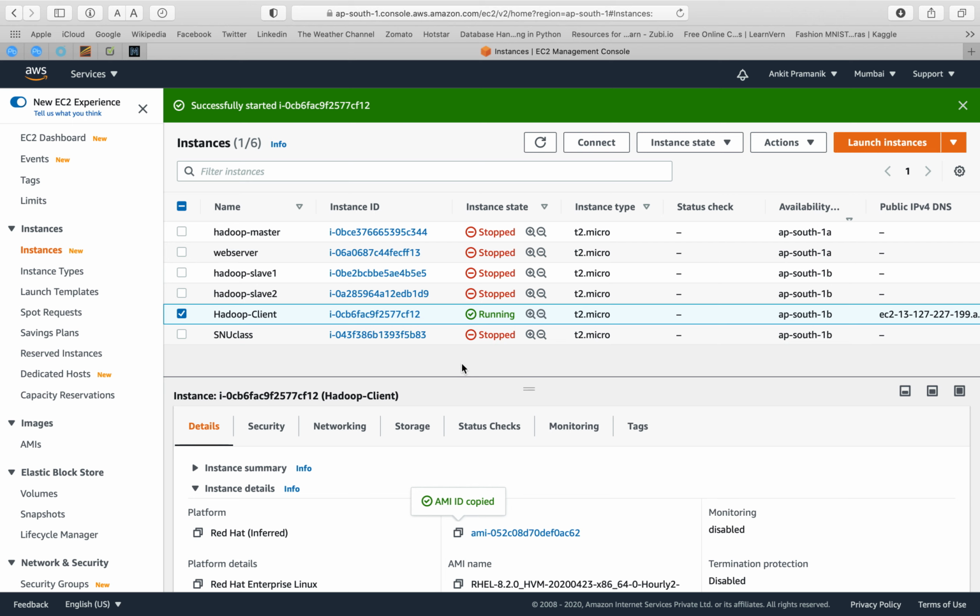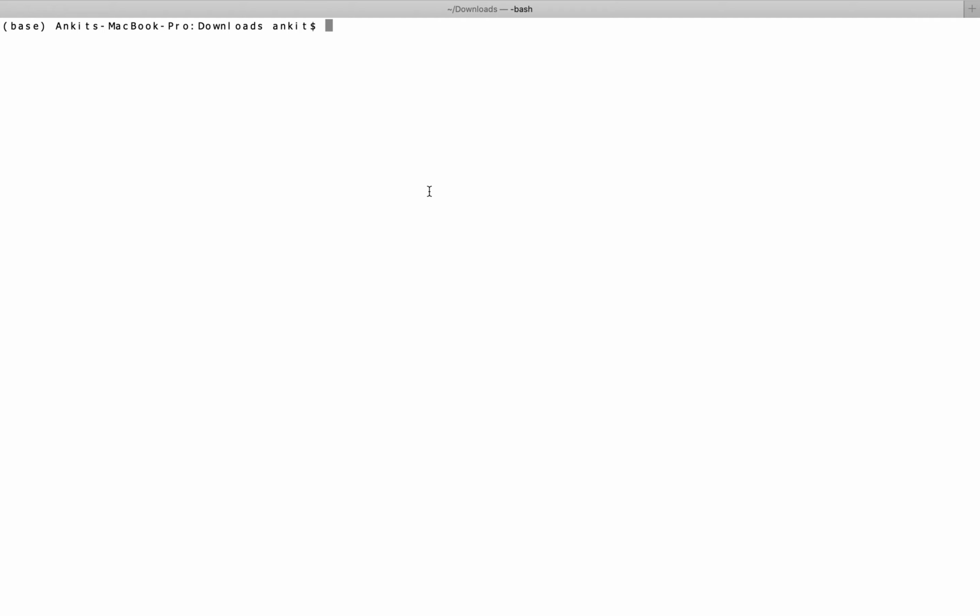Hello everyone. So today I am coming up with a practical, where I will be setting up a web server and a Python environment on top of Docker. This practical I'll be doing completely on my Red Hat Enterprise Linux, running on AWS Cloud. So let's move on to the practical.